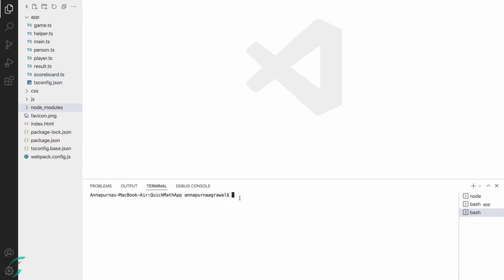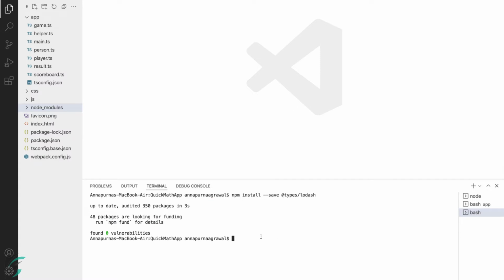So here my Lodash library was installed. And now I'll install the type declaration file for it. I have just pasted the command from the npm website. Hit enter. Now I have both the packages installed in my Node modules folder and I'm ready to use them